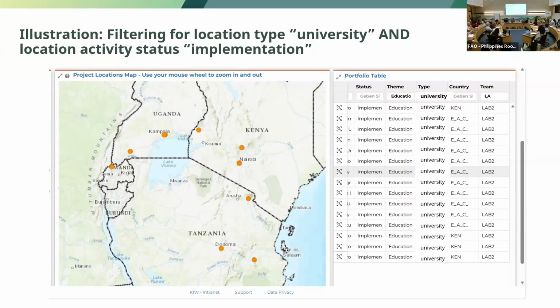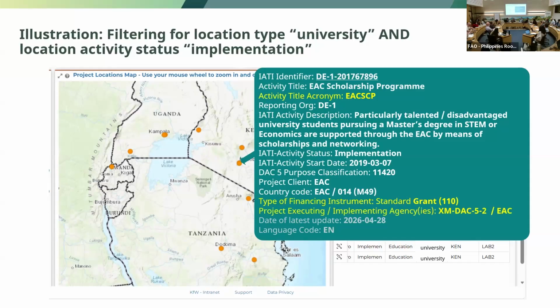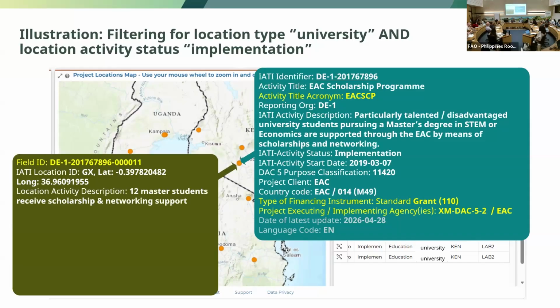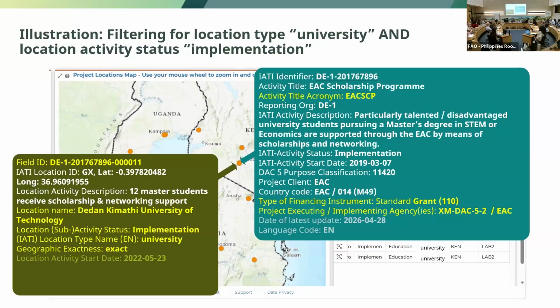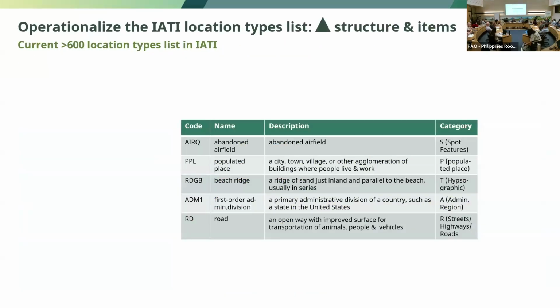And now, if we look at another example of our projects here, we have universities that we are supporting, where the activities are under implementation. And then what you see here is all the IATI project level data types. We are proposing to add some here. But the most important one is the next one, the location level data types, which I can't explain now for time reasons. But please ask me. I hope the presentations will be shared. And if you have any comments, questions, feedback, then I'm happy to respond to that.